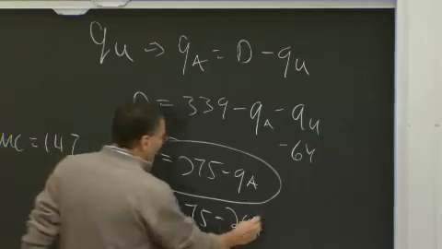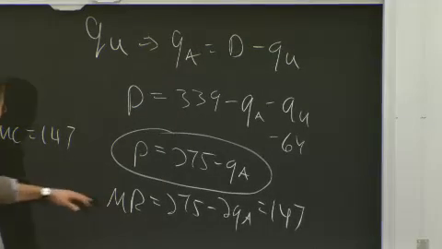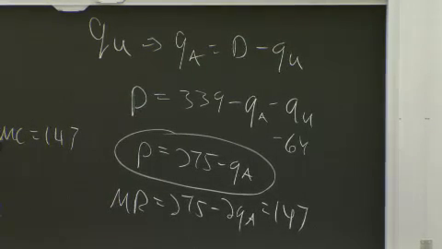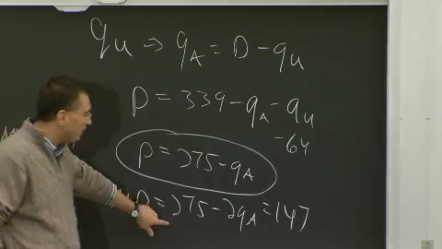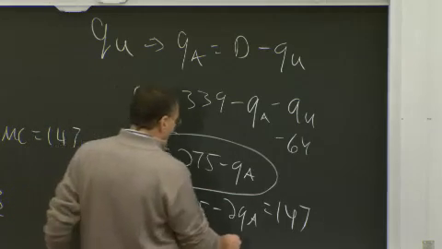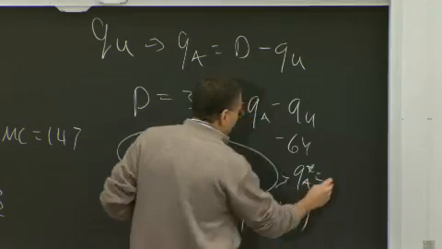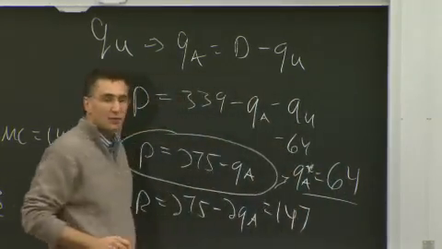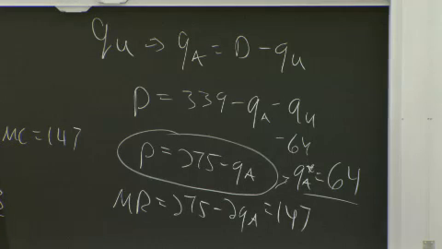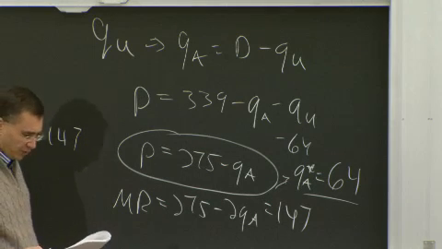My marginal cost is the same, which is 147. So instead of my optimization equation being 339 minus 2Q equals 147, now it's 275 minus 2QA equals 147. If I do that, I'm going to get a QA star of 64,000 flights. If I was a monopolist, I would have delivered 96,000 flights. But given that United is delivering 64,000, it's going to be optimal for me to also deliver 64,000.